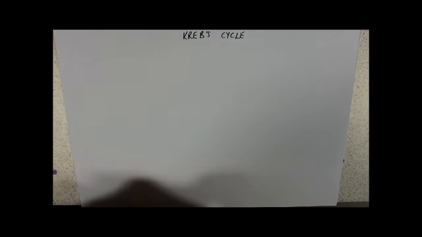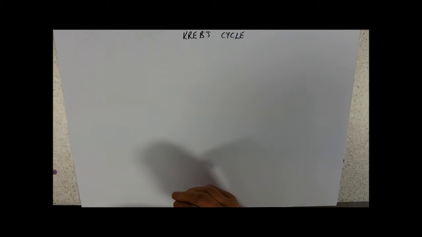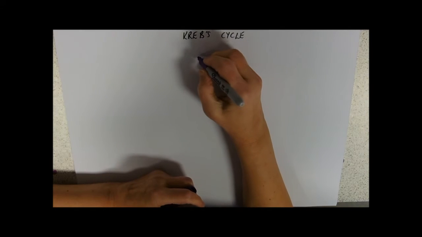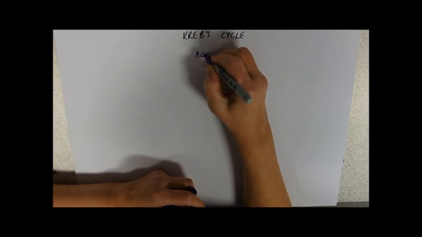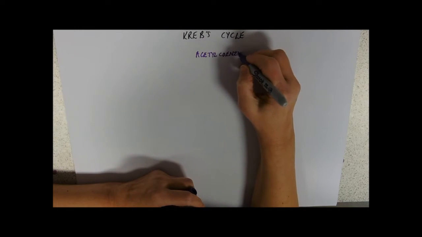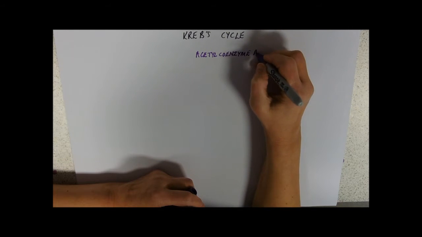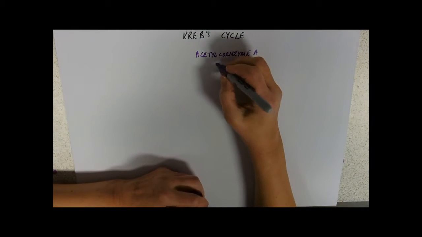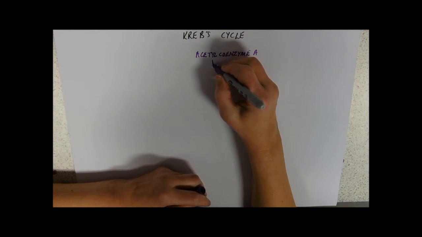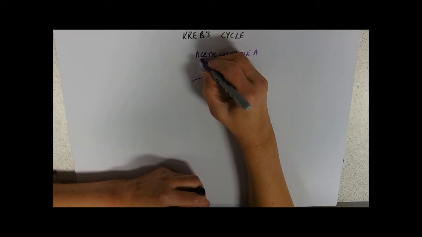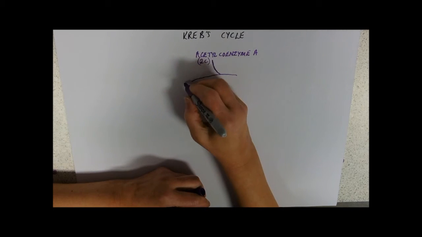Okay, here we go on a voyage into Krebs Cycle. So, Krebs Cycle, what goes into Krebs Cycle? Now, if you remember, at the end of the link reaction, we have made this thing called acetyl coenzyme A. And this coenzyme A is just a little helper molecule. And so really the first thing that happens is once it's sort of helped the acetyl 2-carbon fragment go into Krebs cycle,